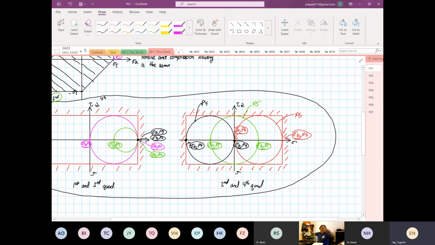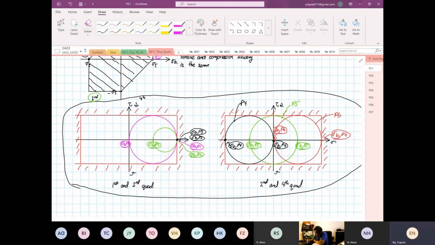It's just shifting in the operating bracket, moving left to right, and as long as within the operating bracket. And we know that over here, right, these are all our yield. This line over here is all our yield, and this is also our negative yield, or yield in compression, and the top is